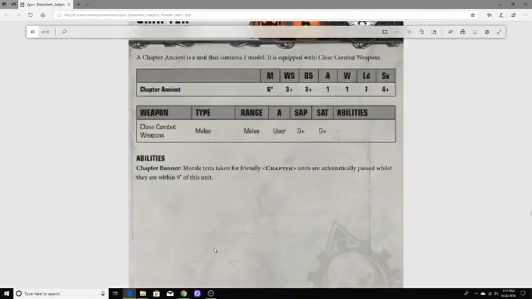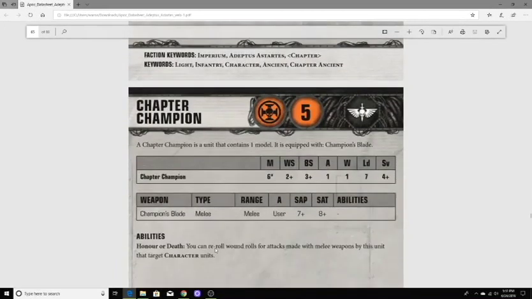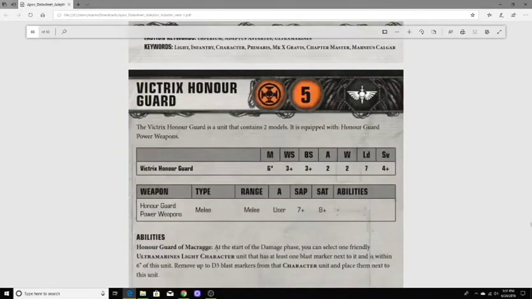Honor Guard, Chapter Ancient. Didn't I already go over Chapter Ancient and Primaris Ancient? I don't know. That's interesting. I don't know if there's some repeats in here or what. Now we're getting more characters. Victrix Honor Guard,